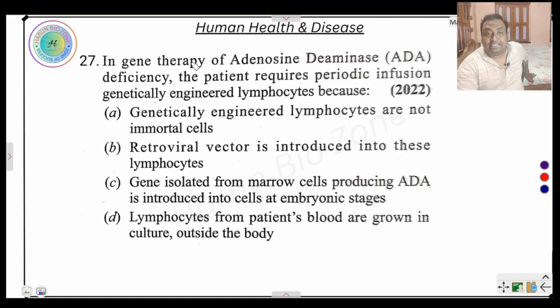Next question, in gene therapy, adenosine deaminase deficiency. So what is the function of adenosine deaminase? Actually, adenosine deaminase is used in purine metabolism. Okay, they catalyze the hydrolytic deamination